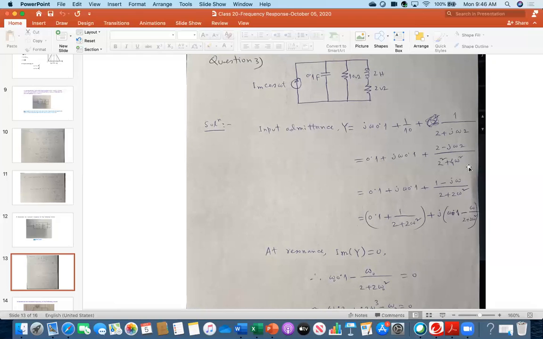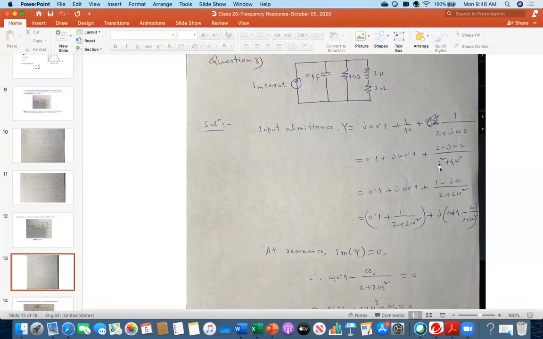Thank you. Is this fine? Yes, just making things clear. Yeah, sure. Therefore, I believe each of you has your pen and paper. Sometimes you can use your pen and paper to check. So I want to get rid of the j from the denominator. That is my objective. That's why I am multiplying both numerator and denominator here by 2 minus j omega 2.